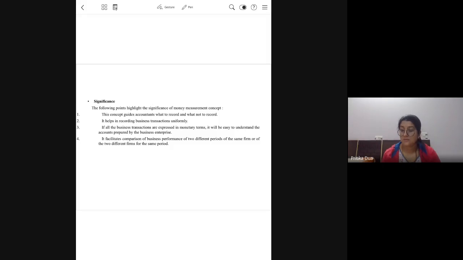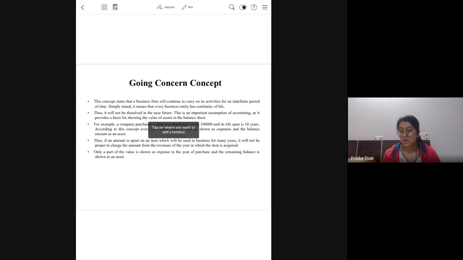Okay, next we come to the third concept, which is the going concern concept. Okay, so going concern concept बहुत एक frequently used statement concept that people may come and go, but the business goes on forever. Okay, or like a river which flows irrespective of the tide, it keeps on flowing. So the same thing is for the business also. It keeps on flowing. Material people, important people may join the business, may leave the business,